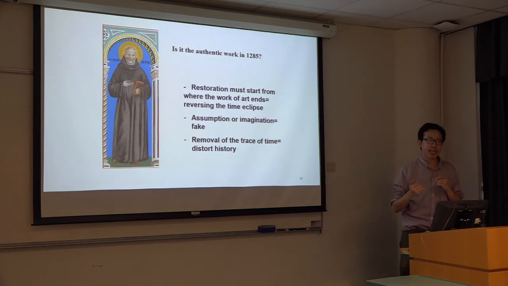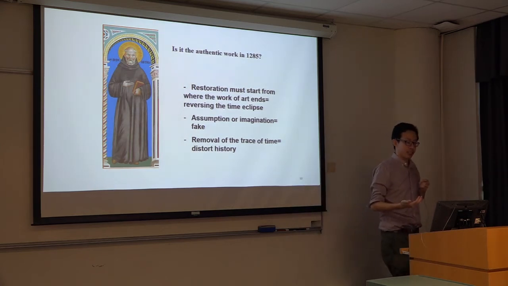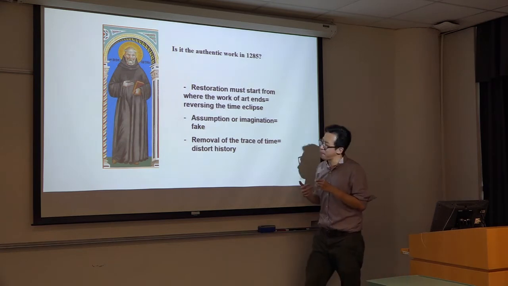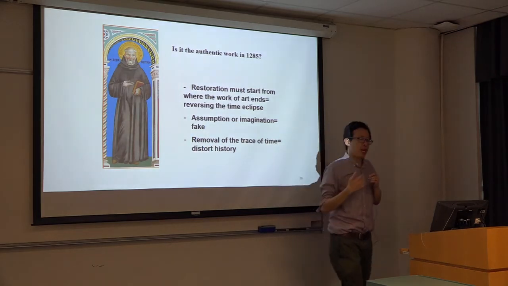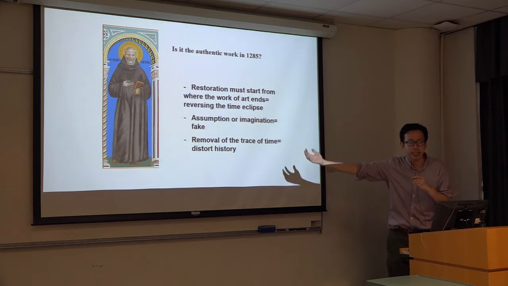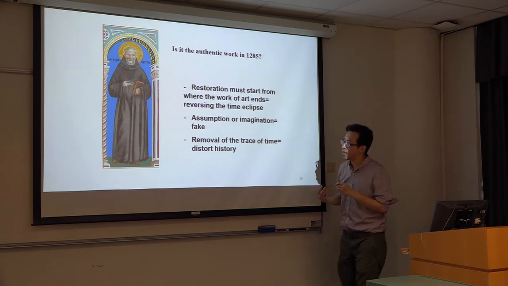Once we get to this kind of gray area, the golden rule in conservation is it's better to just stop here. Yes, it may be a little bit regrettable that we have some missing pieces. But if we want to respect the historical value of the painting, if we want to be honest to the audience, telling them we actually don't have the information, right? The best way to do it actually is